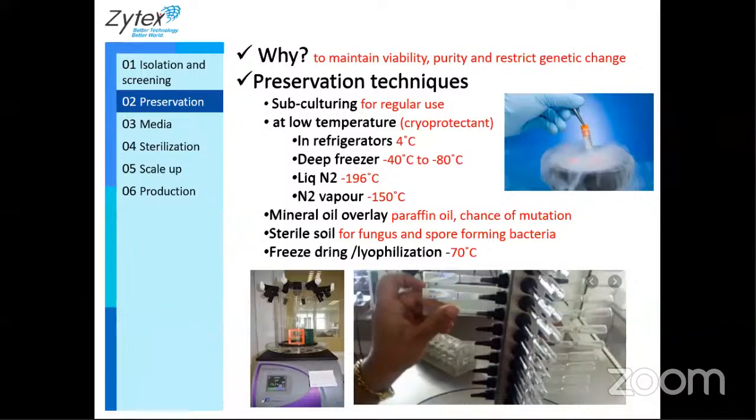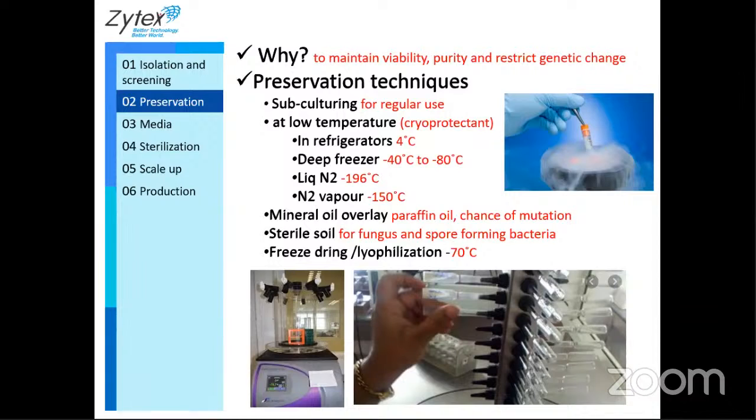If water freezes, it forms ice crystals. Now, if they form ice crystals and we thaw them, take them out at normal temperature, these ice crystals will melt down, leaving behind pores in the cells, which can cause lysis of the cell and actually cell death. So when we are preserving at a low temperature, we need to add cryoprotective agents, which actually limit these ice